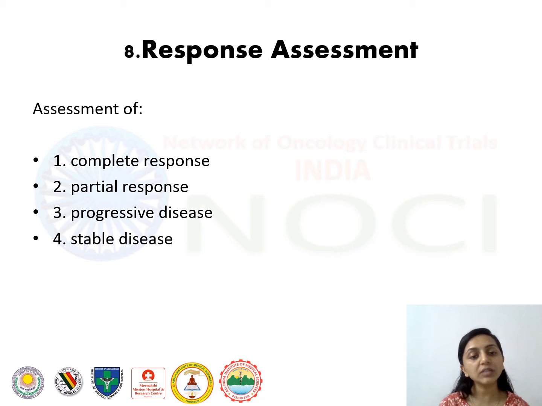So the patient is in complete response if the entire disease has been removed. Partial response is when the disease has partially responded and there is still some amount of disease left behind. In progressive disease, there is an increase in the present stage of the disease. So whatever stage the patient has come in, it has increased a little more from what she already has. That is, the disease has not responded to the treatment being taken. In case of stable disease, the disease remains the same before and after treatment.